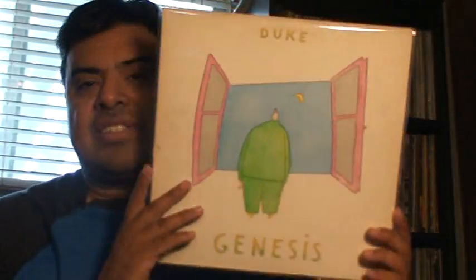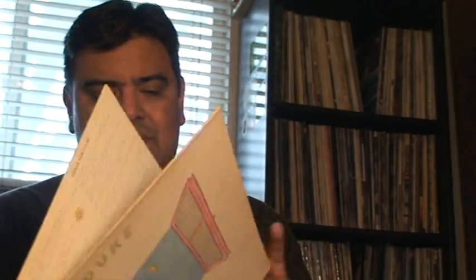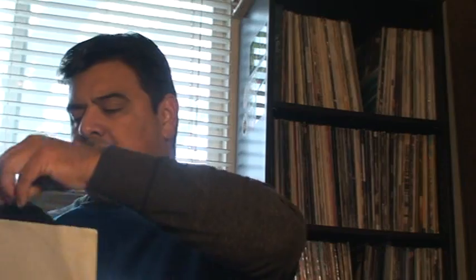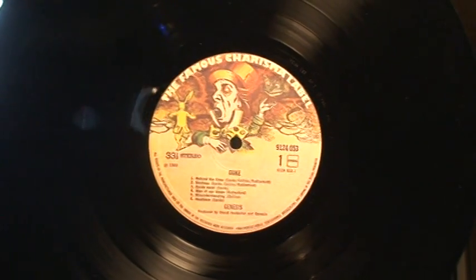Enough of Marillion. We've got Genesis Duke here, an album I already owned, but this one is special. This album was printed in the Netherlands, and this is the same old gatefold as the old one I had. But because it's printed in the Netherlands, it doesn't have the custom label. It is on the good old-fashioned famous Charisma label. So Duke on the famous Charisma label,